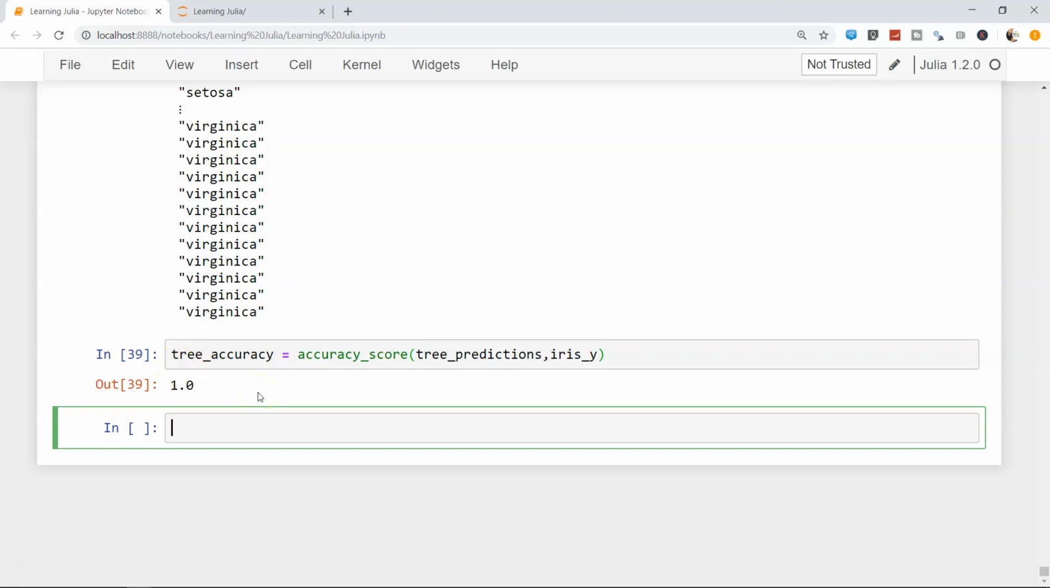That means it is predicting 100%. So it's way better. Decision tree is way better than logistic regression in this case. So that's amazing. Now let's go ahead and import the random forest method, which is a more advanced method than